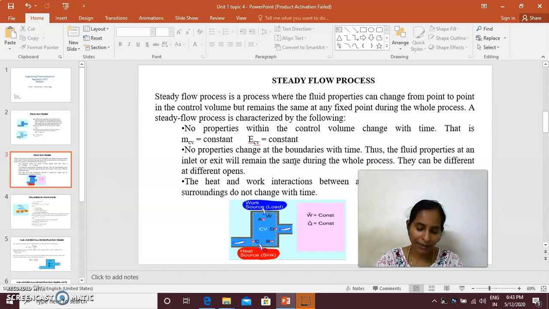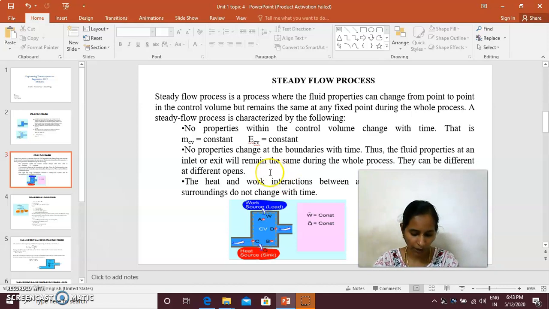The fluid is uniform in state, composition and velocity both at the entrance to exit from the control volume. State of the fluid at any point is same at all time. That is most important. At all time, all the fluid at any point is same. No change in chemical composition of the fluid within the control volume. No change in property with respect to time. Only they can vary with respect to location. They can vary by the interaction of the work and the heat, but they should not change with respect to time.